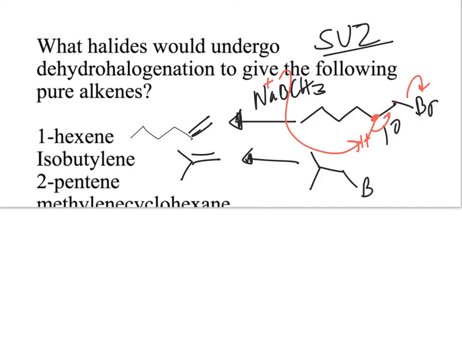So once again, we'll just make a primary alkyl halide, use sodium methoxide, which is a strong unhindered base, and the neighbor, this is your carbon that's bonded to the bromine, so your neighboring carbon would be isobutyl, 1, 2, 3, 4. The neighboring carbon would be this one here, and you can imagine that sodium hydroxide would deprotonate that